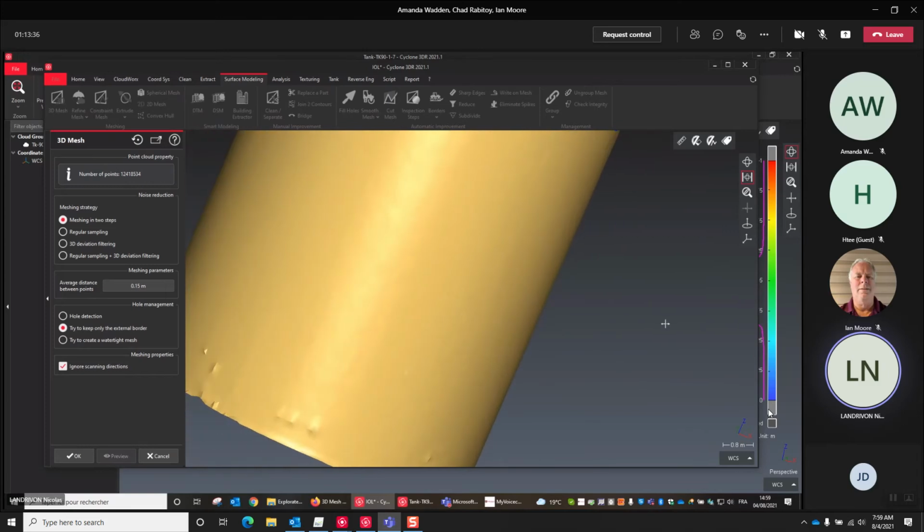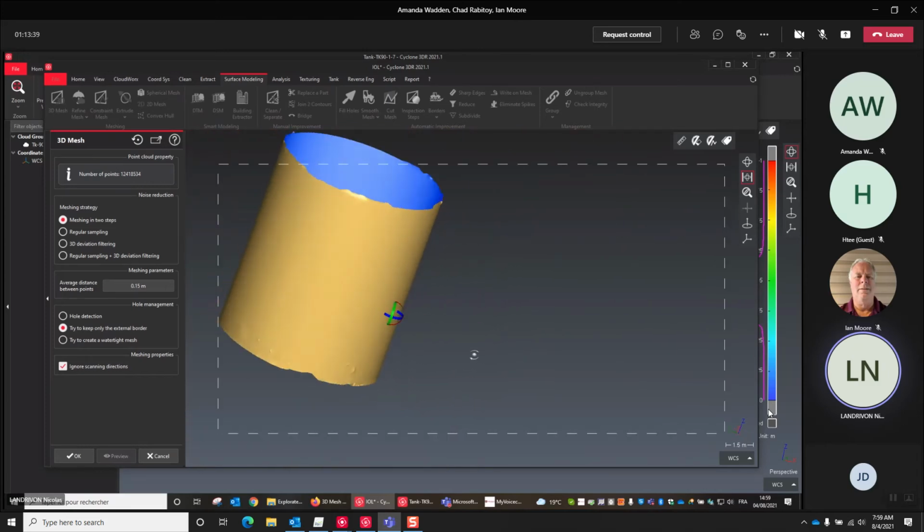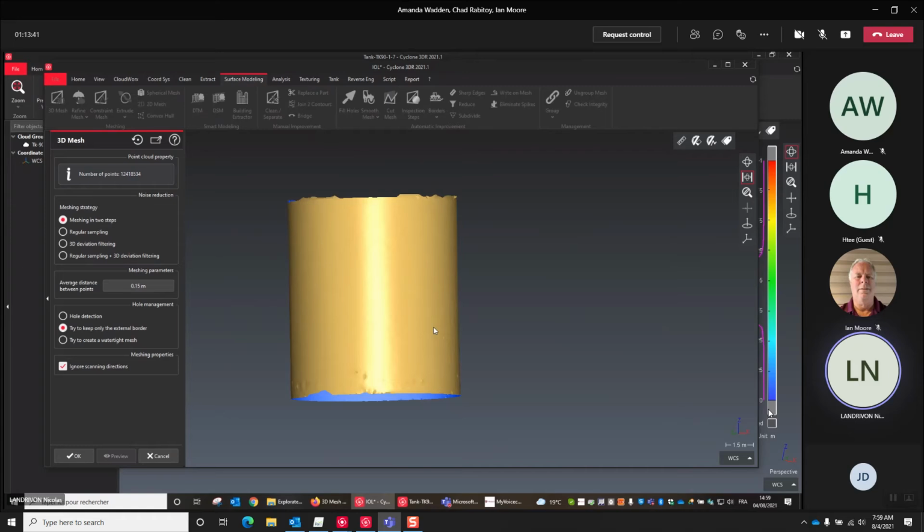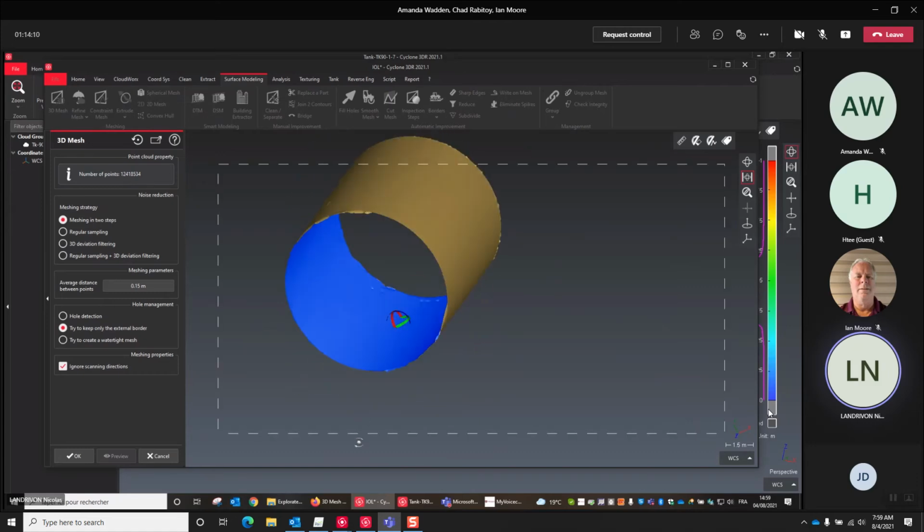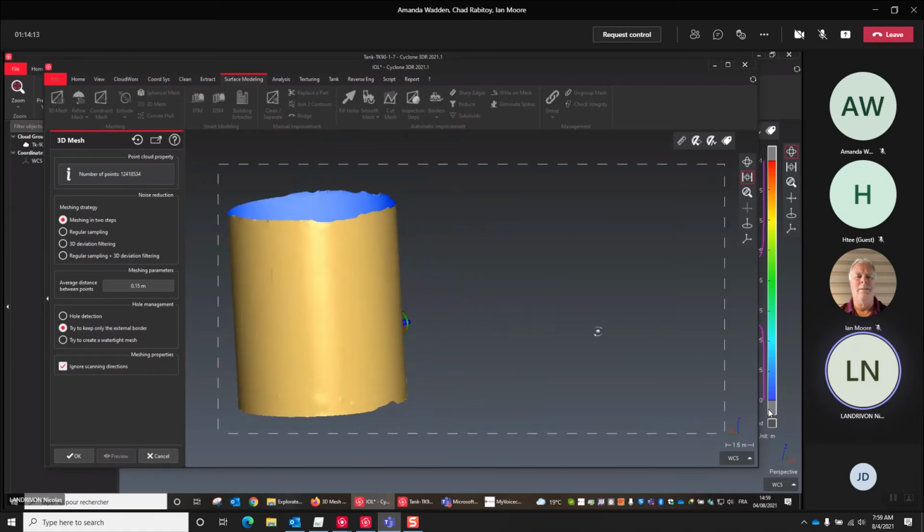But in fact, the idea of the meshing in two-step is to use the first rough mesh, which keeps the topology and the shape of the model for sure, and to use this base mesh in order to refine or to add details according to different methods. The one that we're going to use is called extrapolation of points.